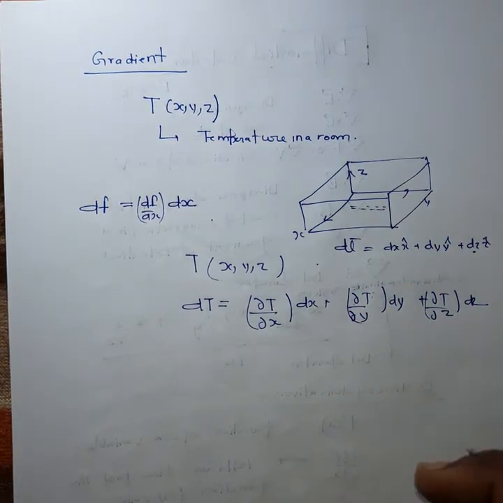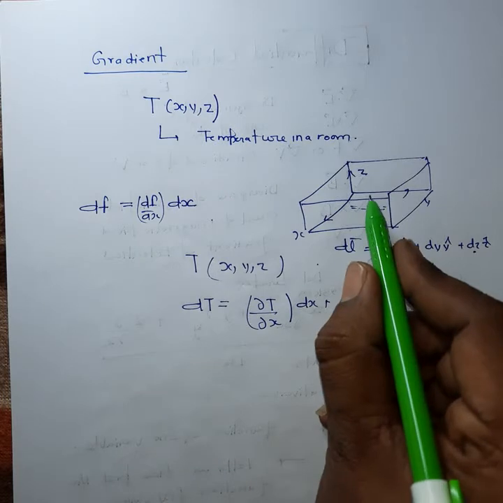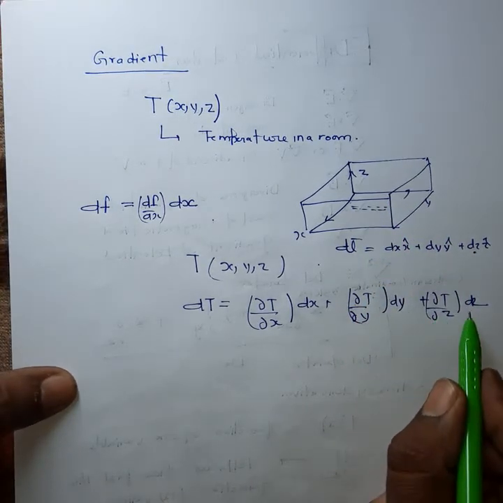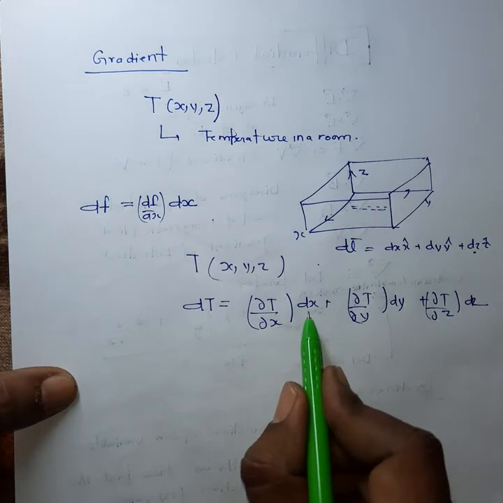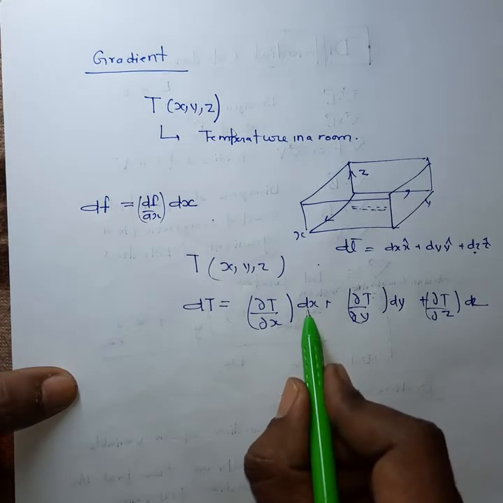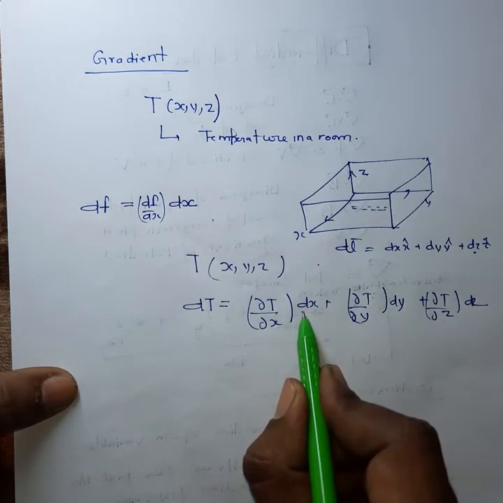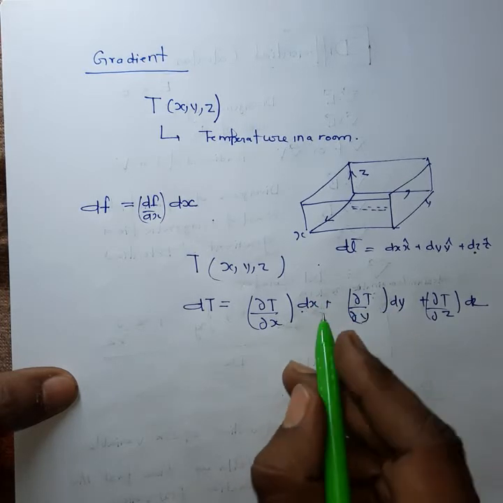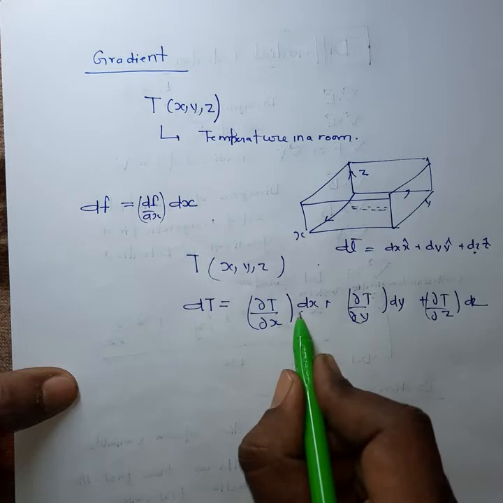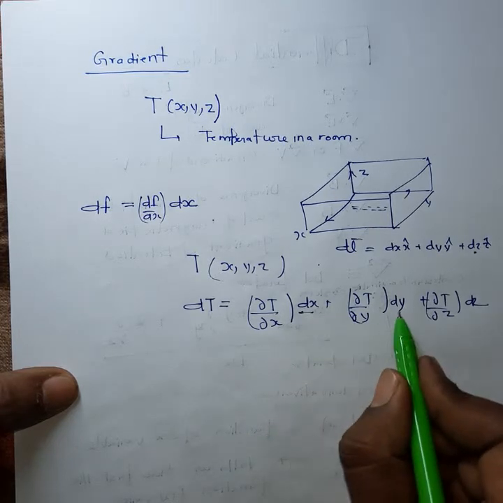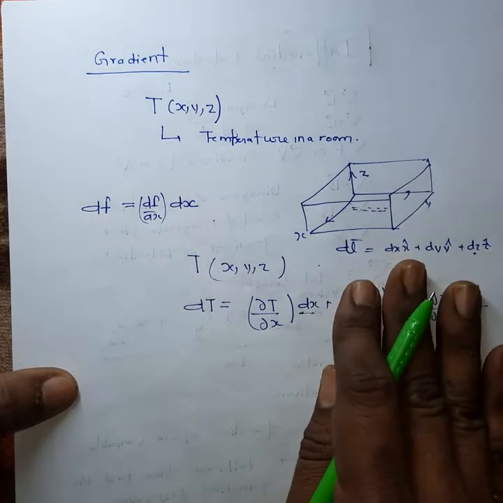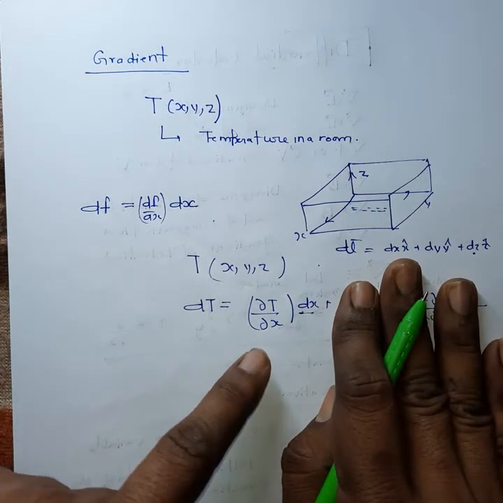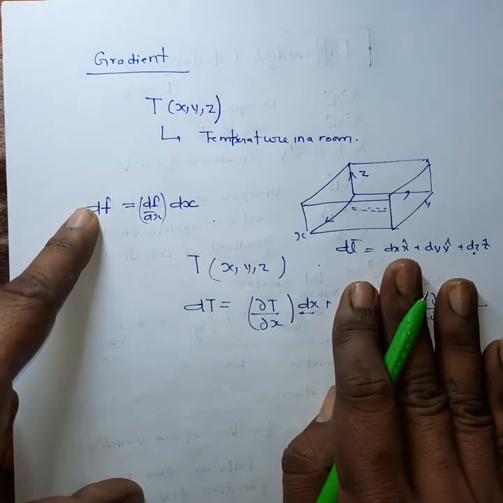Suppose you are not moving in the y and z directions, meaning keeping y and z constant, and you move along the x direction. If you change your position, your observer, by a small infinitesimal distance dx in the x direction keeping y and z constant, then this problem will be very similar to the problem of one variable.